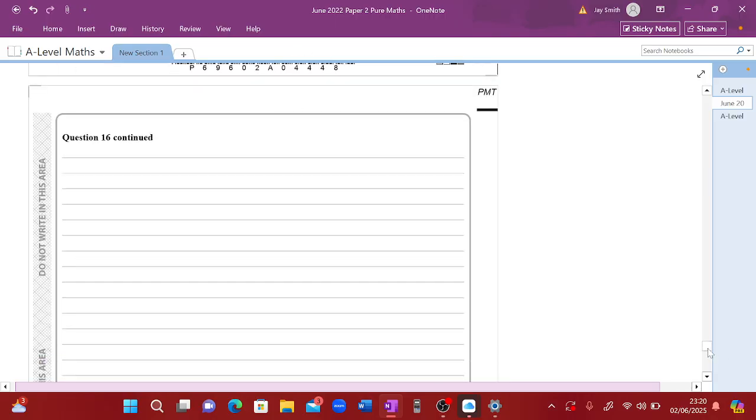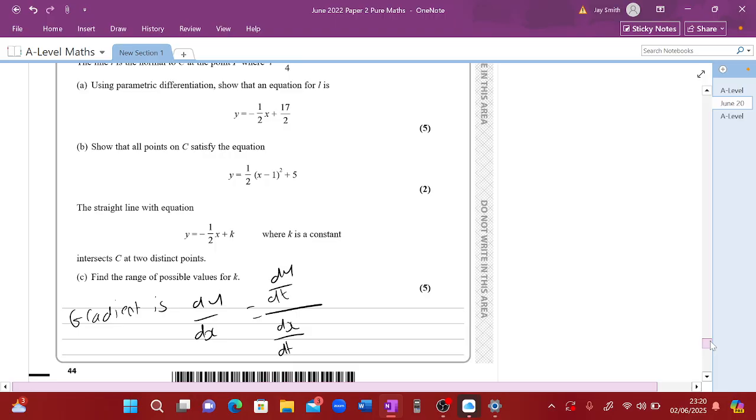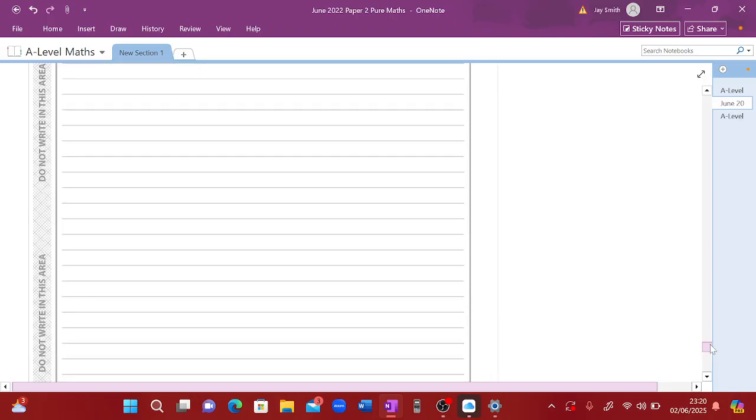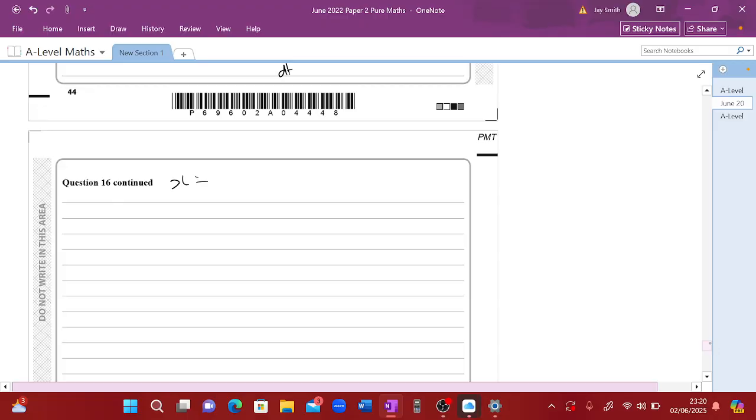So let me copy the equation down. x is 2 tan t plus 1, and y would be